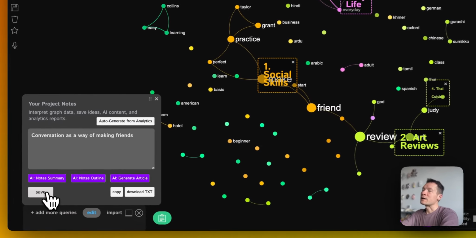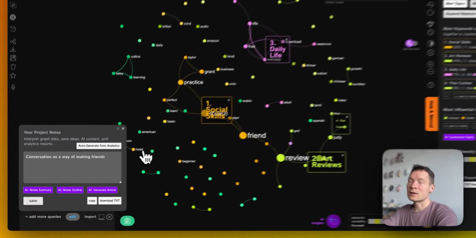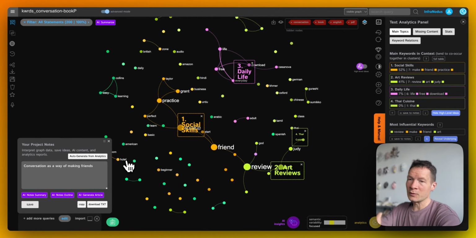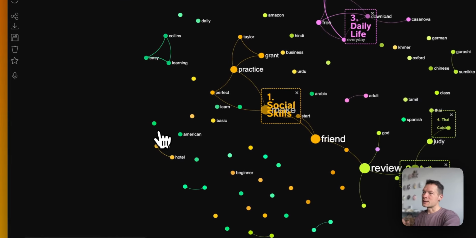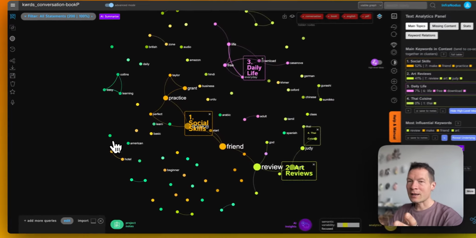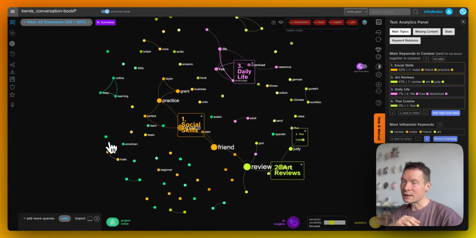And if I combine the insights which I obtained so far, I'm going to say, okay, this book should cater to the people who want to learn a language, who want to improve their conversation skills, and who also want to befriend other people. If I add these three topics into the description of my book, I will make sure that it connects all the different clusters of topics or keywords that exist out there in the market, but it will also cater to the search patterns that people have, okay? So this gives me a really valuable insight on how I can connect the existing ideas specifically in order to